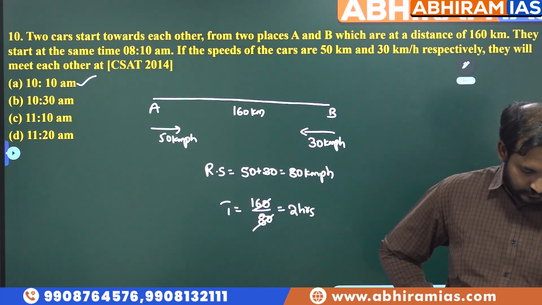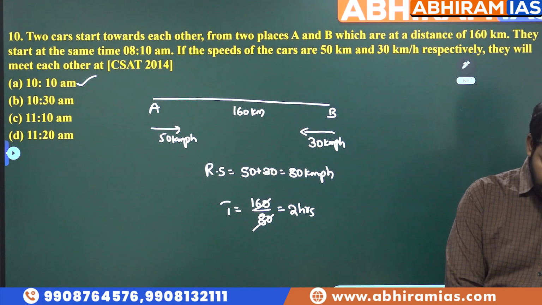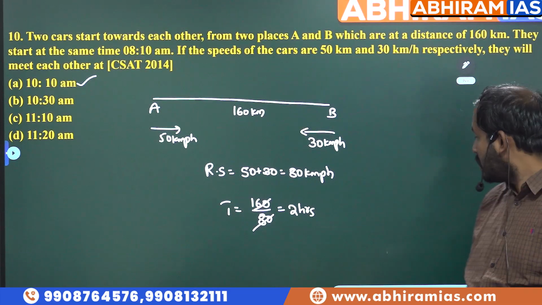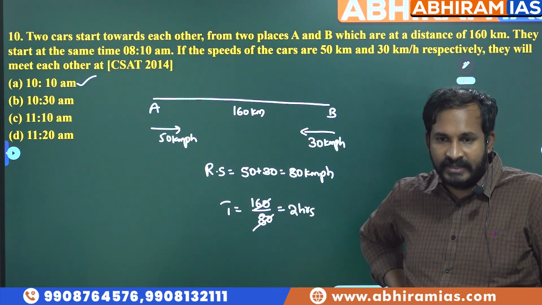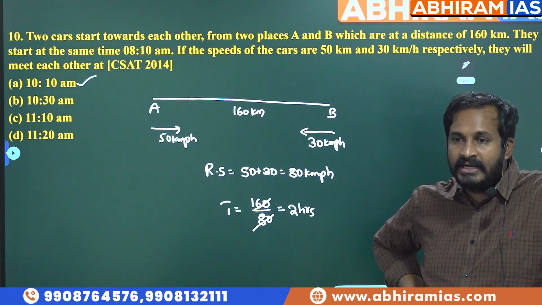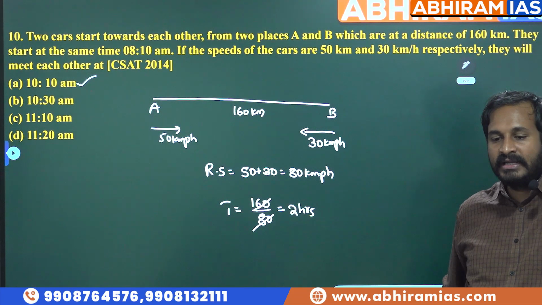Write down one question. A train starts from Delhi at 6 a.m. and reaches Amritsar at 10 a.m. Full stop. Another train